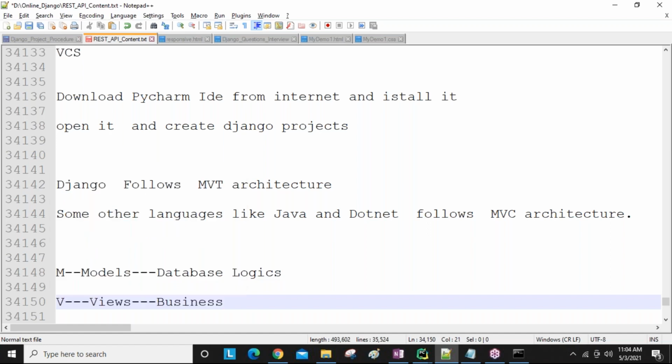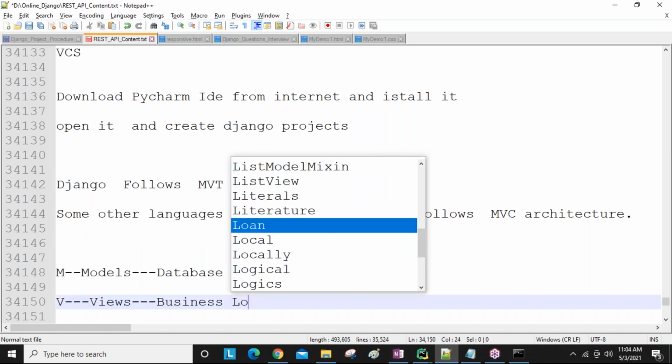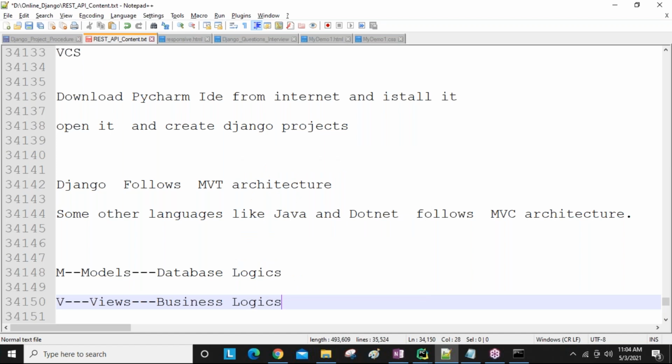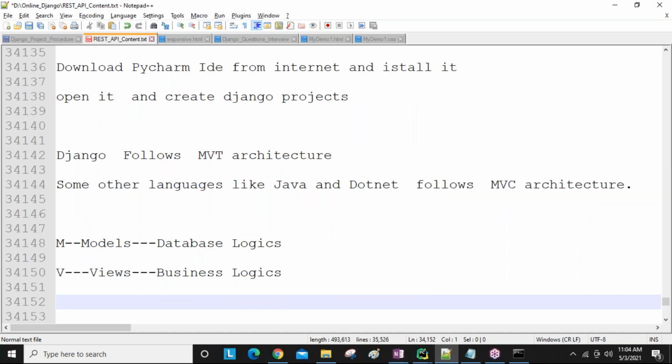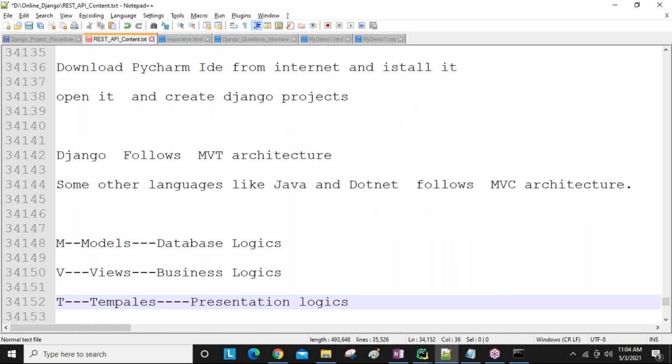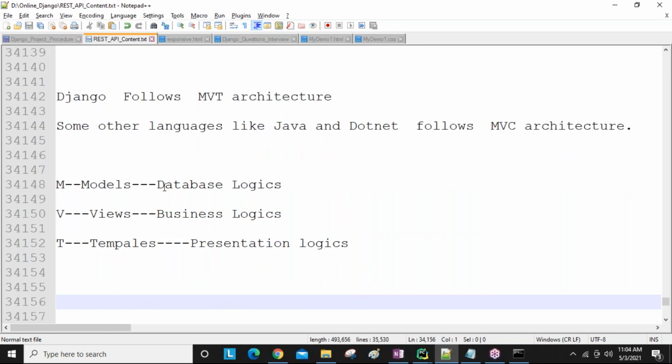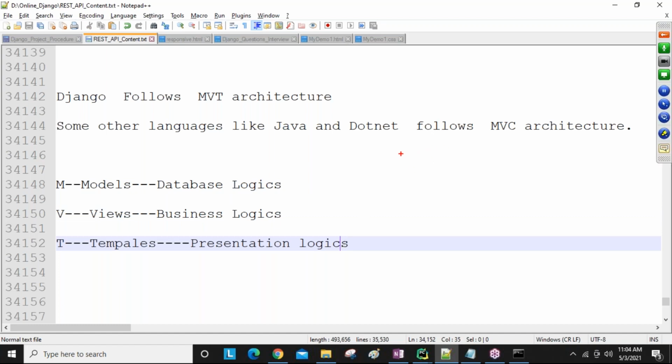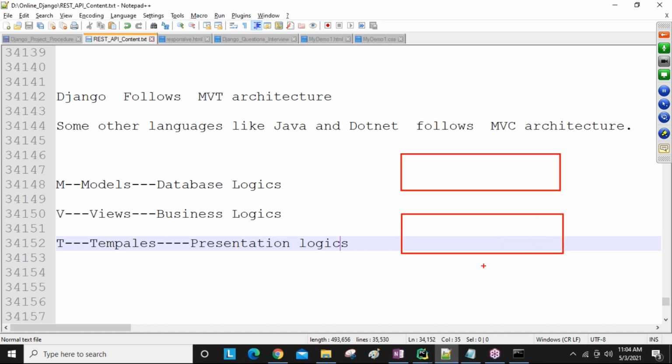Next, V stands for views. Views are required for business logic. Next, T stands for templates. Templates are required for presentation logic. So: database logic, business logic, presentation logic. I told you at the start, if you want to develop any application, a 3-layer code is required.